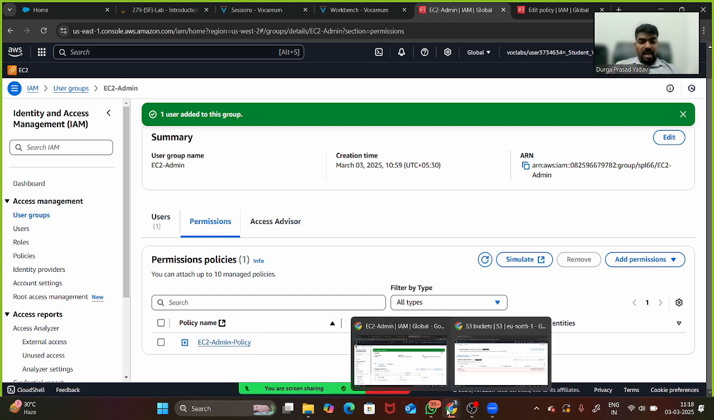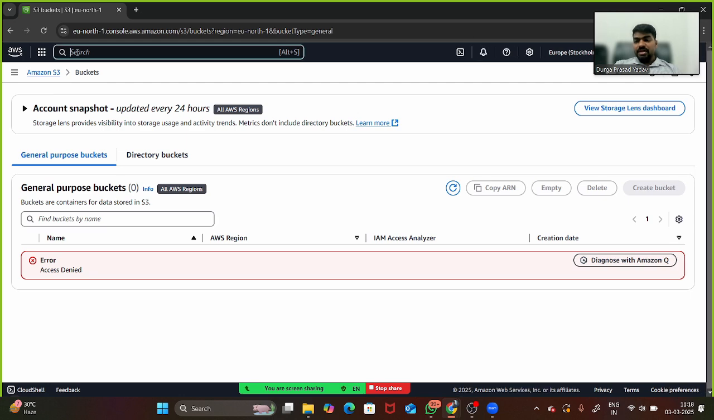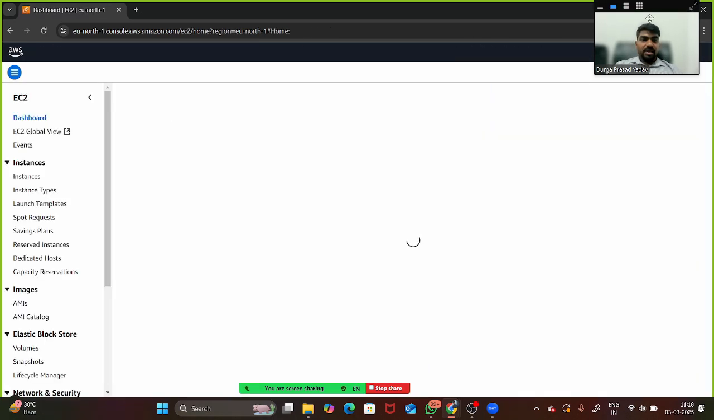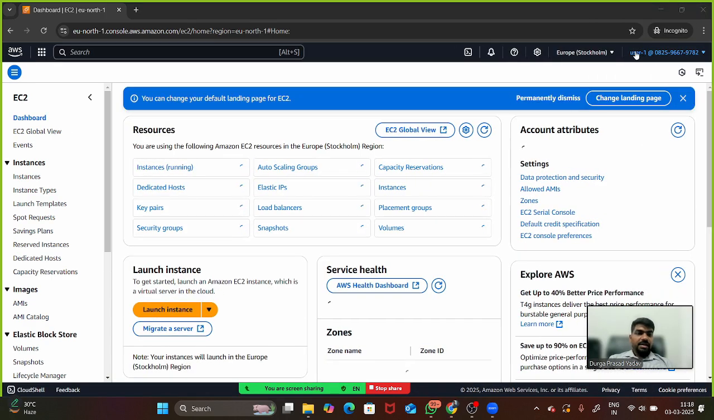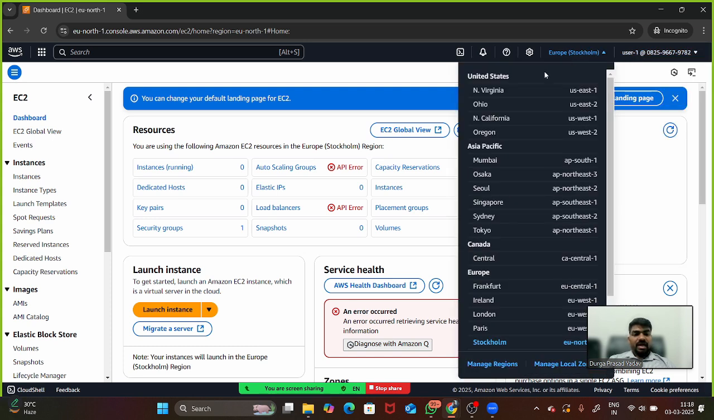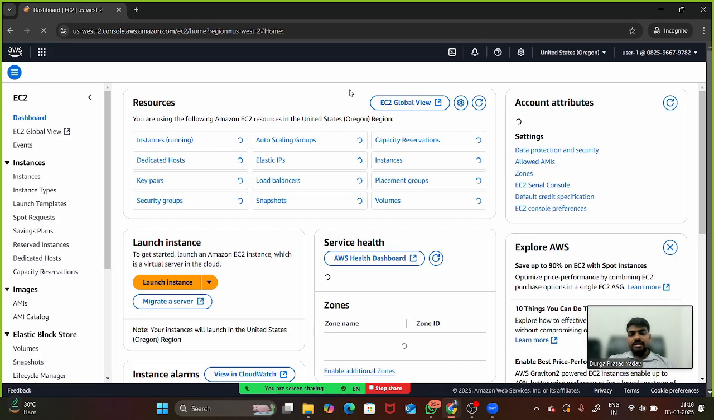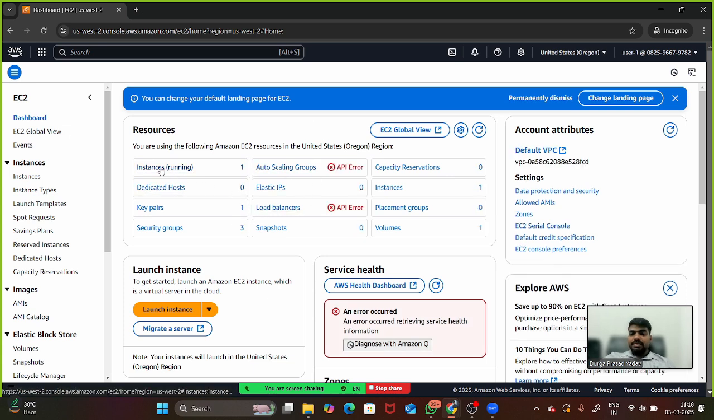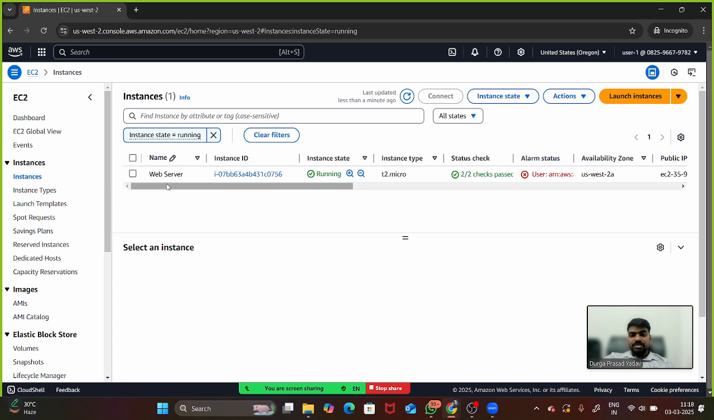Now if you go back and search here for EC2 in your IAM account, you can check it out here. User 1, this is the IAM account user 1, and we are using US West, Oregon. So in that region, if you change the region to Oregon, now you will have permission to see the machine. See, you have this web server machine, right? It's visible,